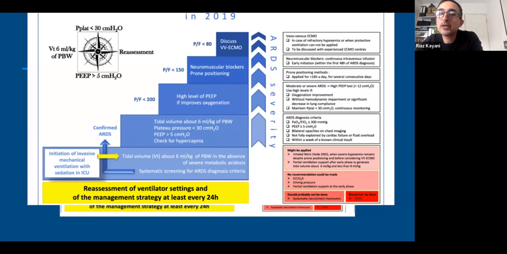There are also some other adjuncts that we try to use. We use neuromuscular blockers if we need to. You can use prone positioning as well. And if all else fails, they have to go for something called VV ECMO, which is essentially respiratory ECMO. There are some other adjuncts that we use in pediatrics quite a lot, and one of them is high frequency oscillation. There's good evidence now that in adults it makes no difference. Actually, it might make you worse. But in pediatrics, we still occasionally use high frequency.